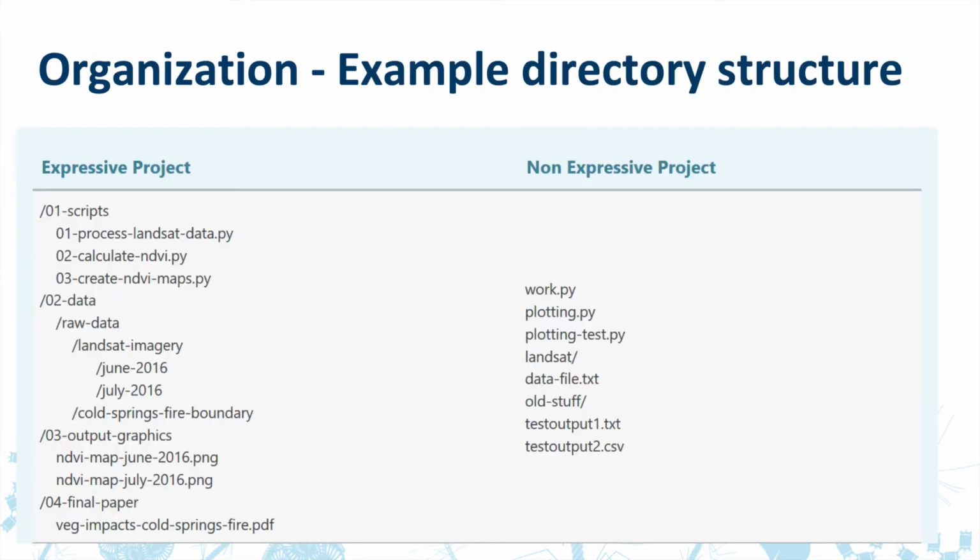So some examples of what a directory structure might look like. Here's a nice expressive project where you have a subdirectory for any scripts that you might be writing, and they're numbered in this case in terms of the different analyses that the person did. You might have a separate folder for the data. Always keep a version of your raw data that is unchanged by any analysis or simulation that you're doing, so that you can always go back to the original raw data. And then you might have different types, different dates.